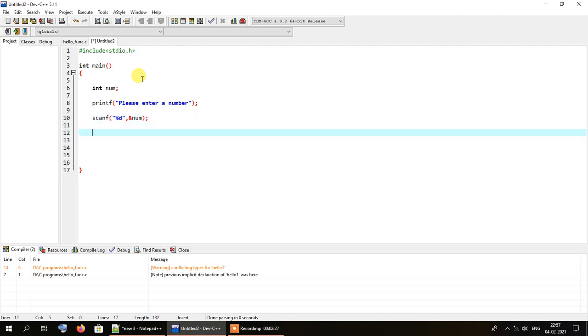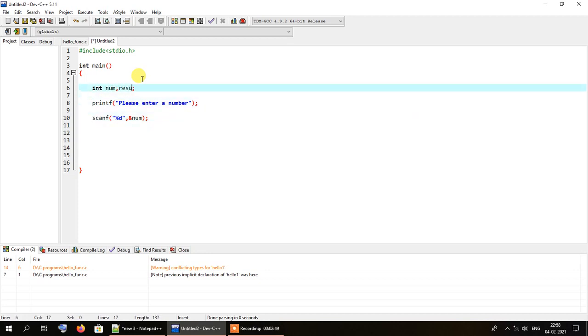And now we will pass this number to our method for calculating the factors of num. So I'll pass this number to factor, and here I'll demonstrate what we mean by return type. I'll take another variable called result for storing the value returned by the function for calculating the factor.